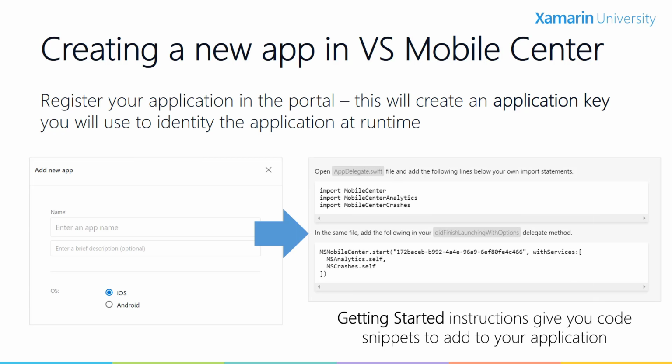When you complete this form, it'll drop you into the Getting Started page, which gives you the necessary code to actually integrate into your application. And the most important piece of code is the application key, which we have highlighted on the slide here. So this is a unique identifier which represents your application in Mobile Center. Now, applications are owned by the specific logged in account. However, you can go and add other collaborators to your application through email invites once your application's been created in